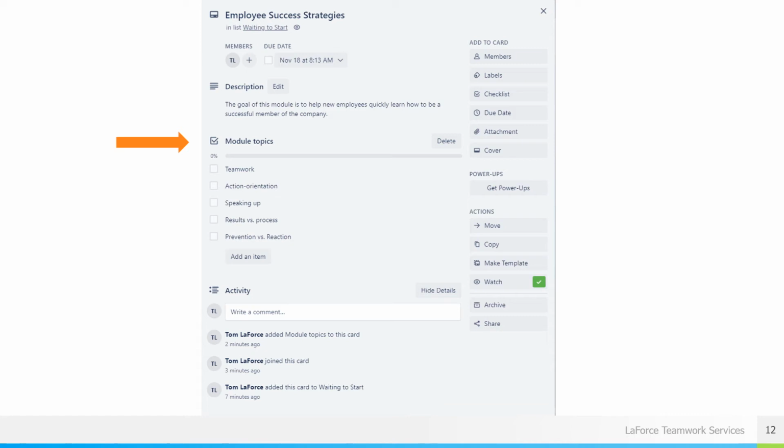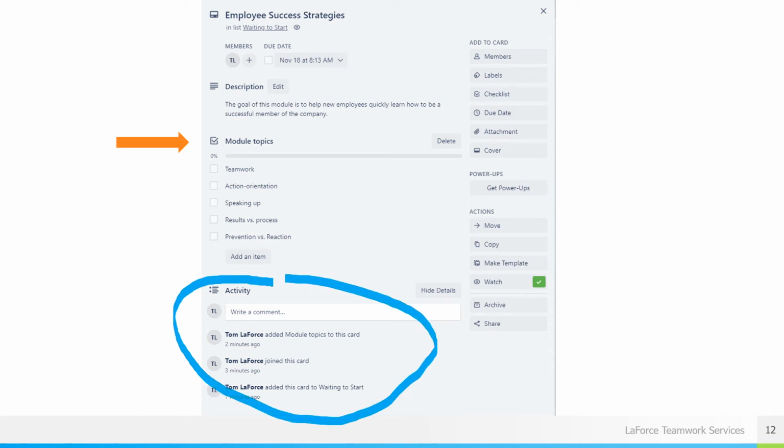Now down below in this area right here, we have activity. And this is where a lot of collaboration can happen. Now I can write a note about where something is in terms of progress on a particular task. I could raise up an issue or call people's attention to a problem. I could ask a specific question. And when my teammates see that, they can reply right in the same thread. So it's all nice and neat and easy to follow.